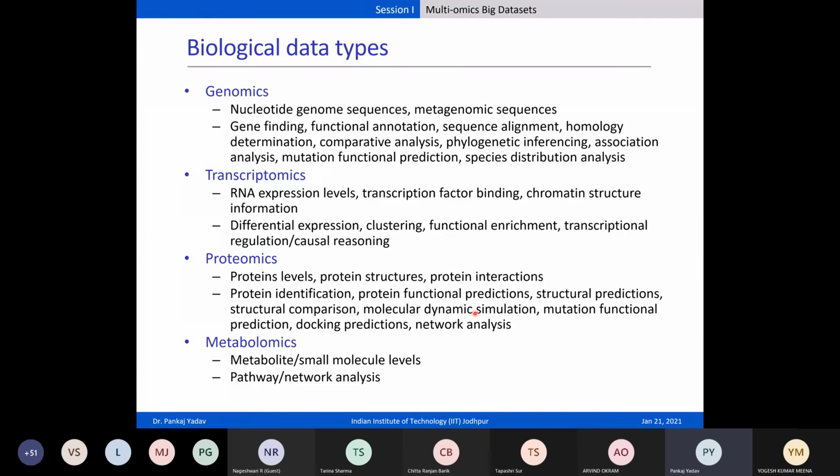So this kind of dynamic simulation can also be performed with this kind of data, and you can also perform mutational functional predictions. You can mutate one or two amino acid positions and see what kind of functions it will have based on these mutation profiles. Given all this, you can also perform docking predictions. Basically, that means you can see which drugs fit well to the protein,